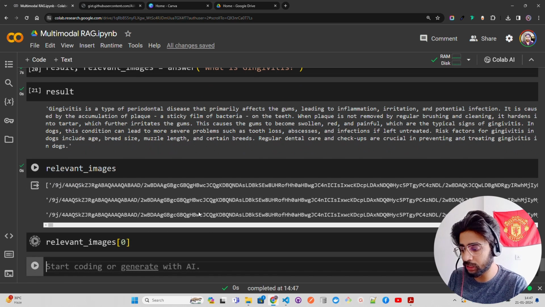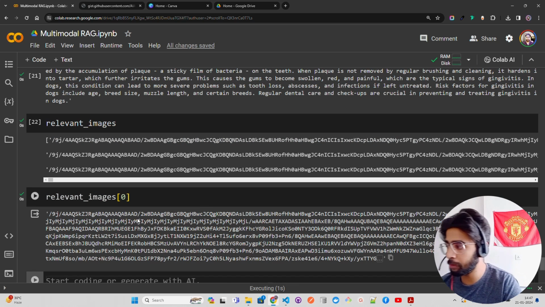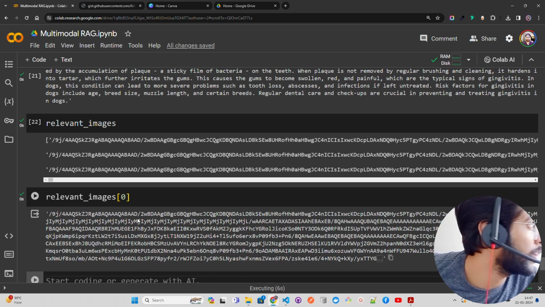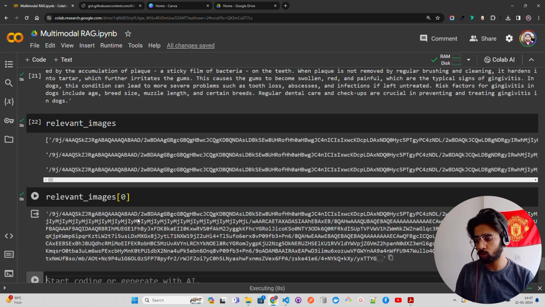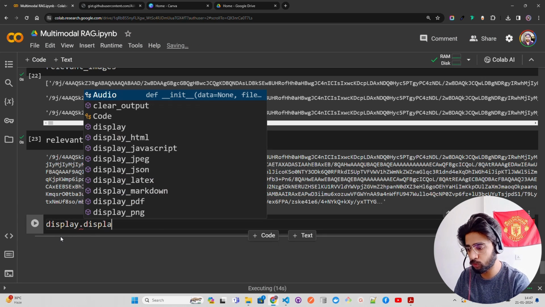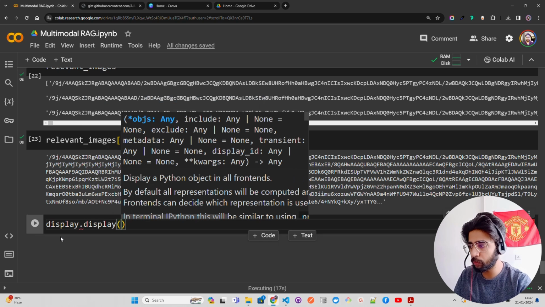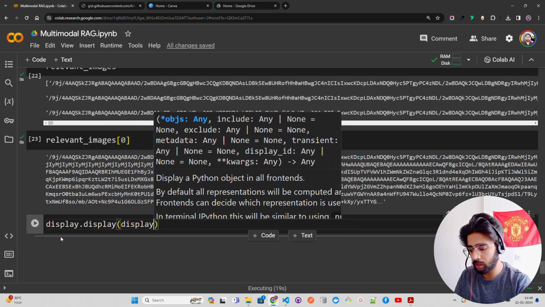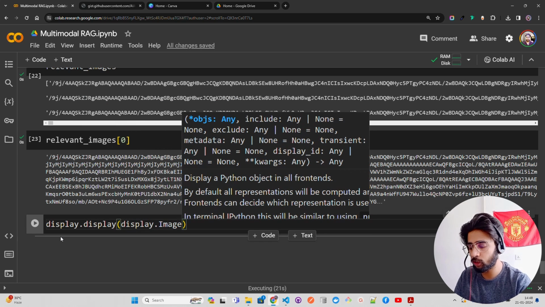The first one, index starts from 0, and you can see this is the image that we have. Now, how will you run these images? If you are in a notebook, you're going to use IPython display. So let's do that. I'm going to do display.display, and inside this, let's pass display.Image, and then